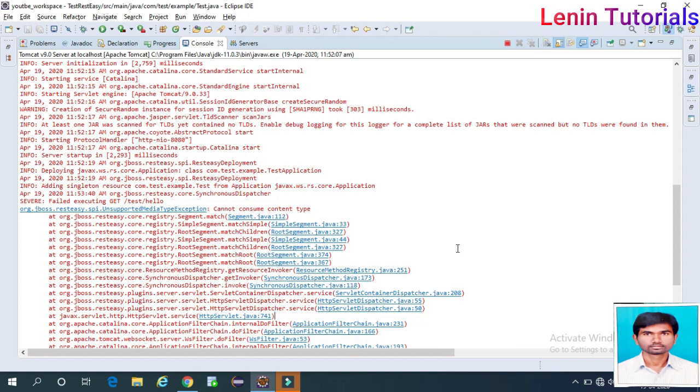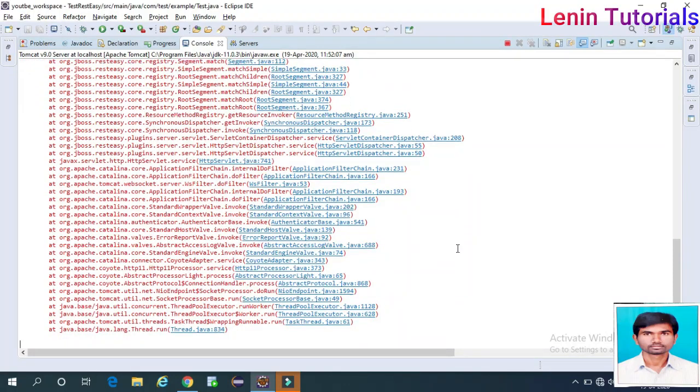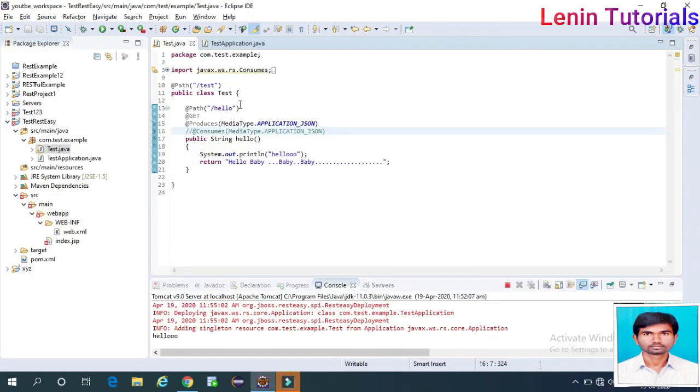Unsupported, cannot consume content type. See, we are not passing anything, right? So if you put consumes here, consumes is giving a problem. So I am commenting this one, and loading once again.